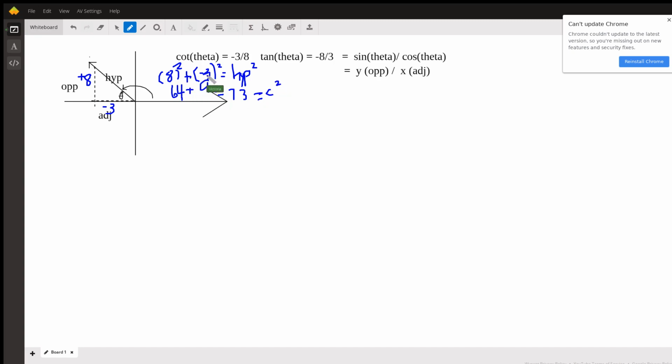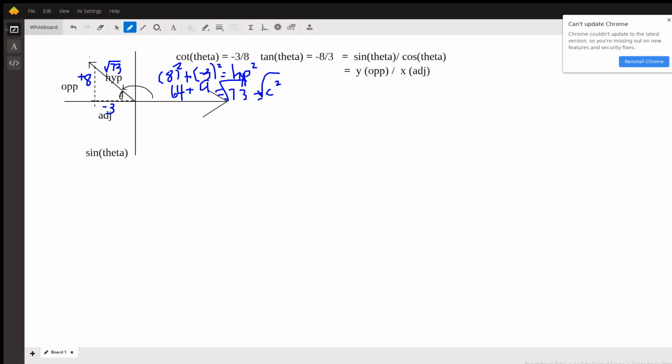A squared plus b squared equals c squared. So we have to take the square root of both sides, and that's how we get the hypotenuse. So this hypotenuse is the square root of 73. That's its exact value. Now, you have everything that you need to answer your questions, which are, what is the